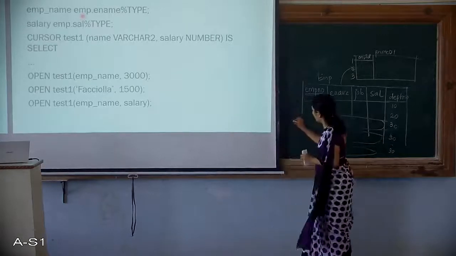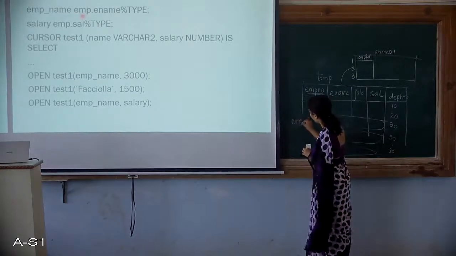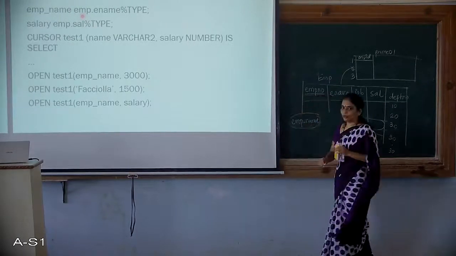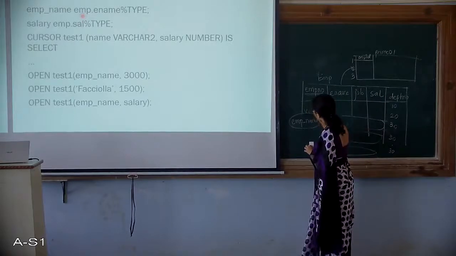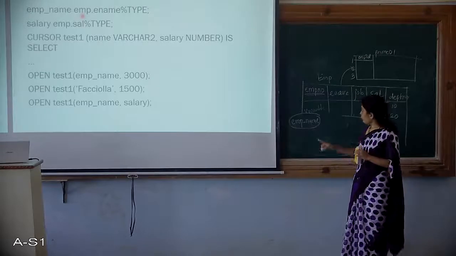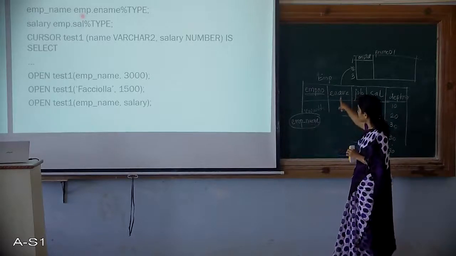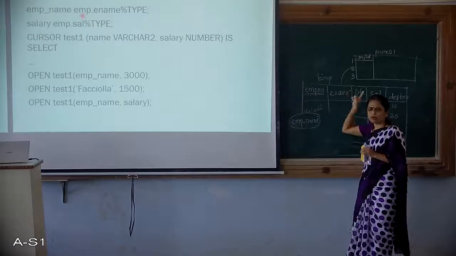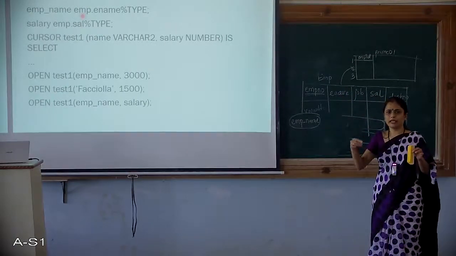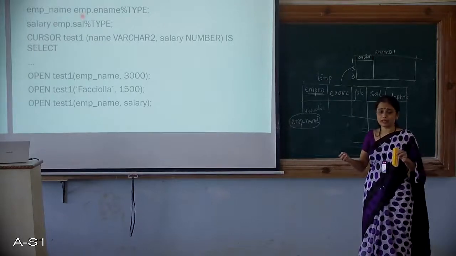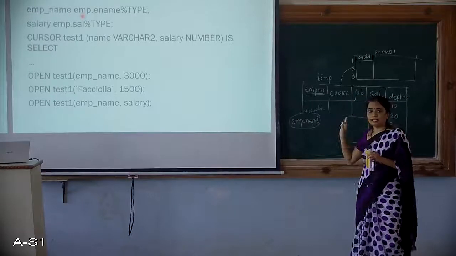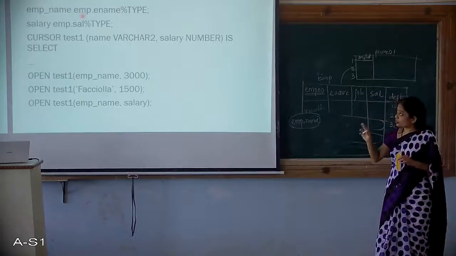What is happening? There is one variable being declared with the name E name. Okay, this is one variable. Now I want to set this variable's data type the same as whatever E name is. I do not want to go into the database and see whether it is varchar 20 in size or varchar 30 in size or any other data type. I do not want to take that trouble. Simply, whatever is the data type of that, set it exactly the same here.